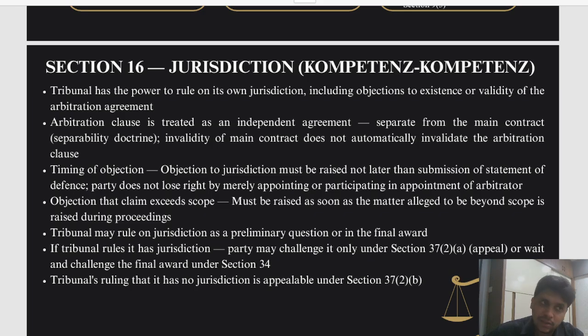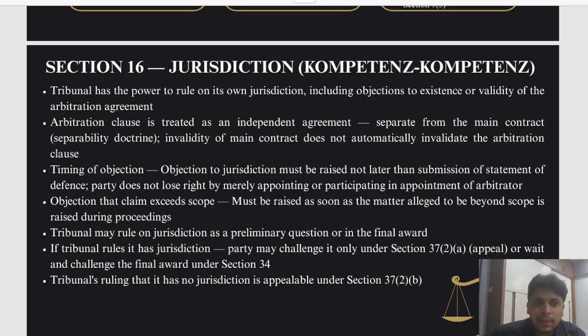Now, timing of objection, again very important. It is advisable for the respondents to take an objection at the earliest, to file their section 16 application at a very early stage, if they feel that there is an objection with respect to jurisdiction, maintainability, or limitation. However, in various scenarios when limitation pleas are raised before the tribunal under section 16, those are not required to be decided at the initial stage, because limitation is a very important aspect when it comes to understanding